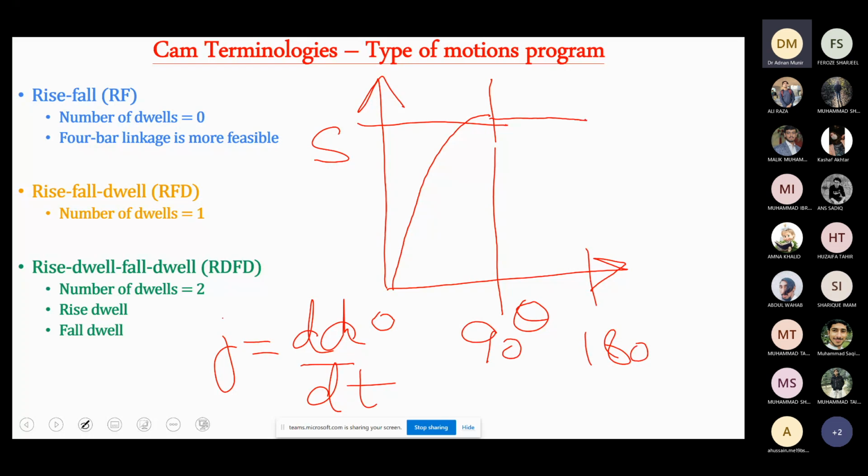Now from 180 to 270, the follower is moving back to its initial position. So it is called fall, like this, and it moves back to its initial position when the displacement is 0. And then again it is followed by a dwell. Dwell means that for the rest, from 270 to 360 degrees, the follower is not changing its position. It's not increasing its displacement. So this is called dwell. So this type of motion profile is,